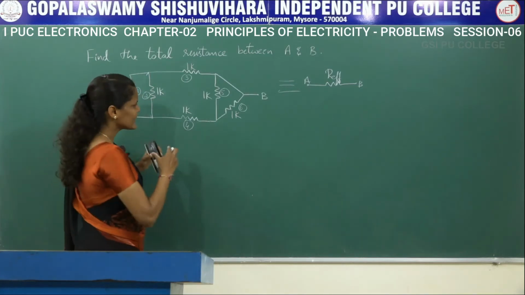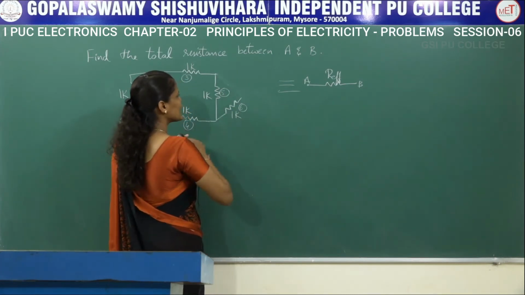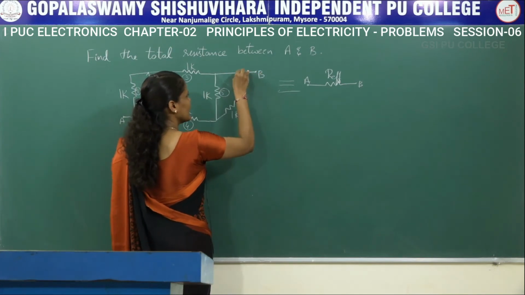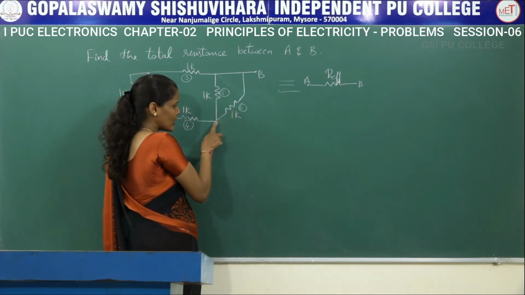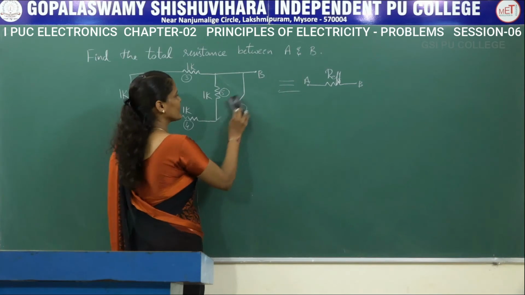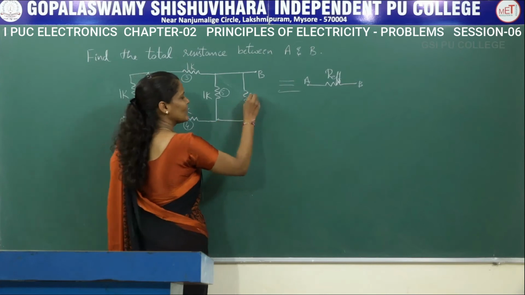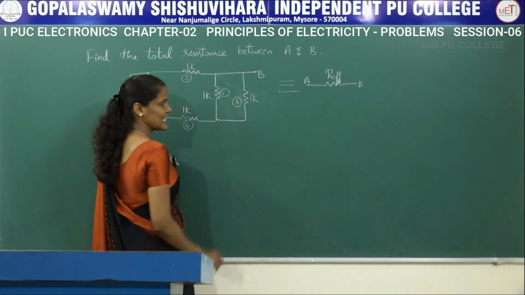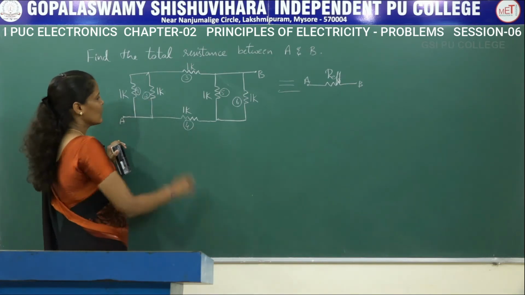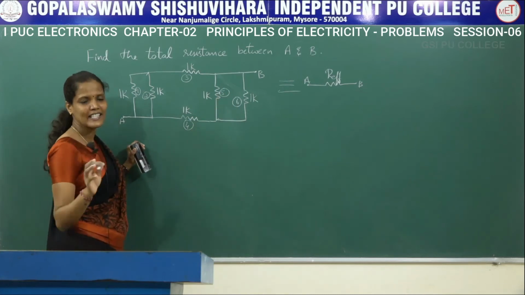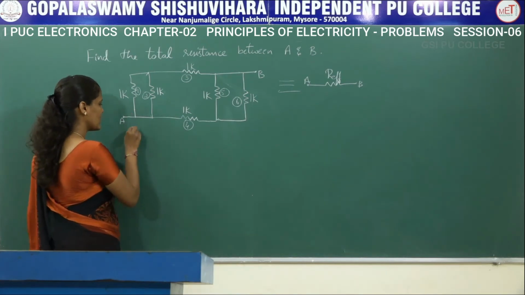Now if you look at this particular diagram, you can easily tell that 1 and 2 are connected in parallel. Similarly, in this diagram, these 2 points are same. So this is B. Here the wire is connected like this. So one point of this resistor should come here, and the other point should come here. So what we are going to do is alter this diagram such that it will be easy for us to understand whether it is connected in series or parallel. Now if you look at this particular diagram, these two, 1 and 2, and 5, 6 are the resistors which are connected in parallel. So let us simplify those resistors first.